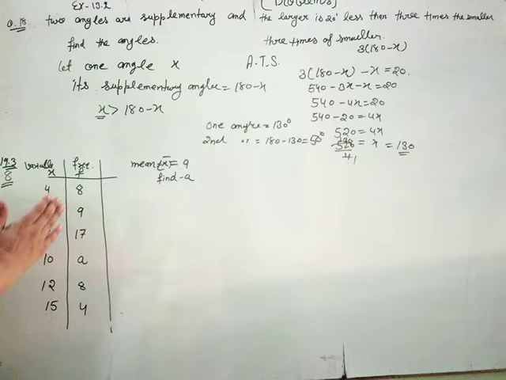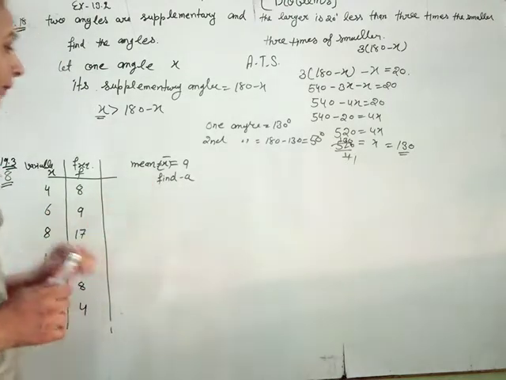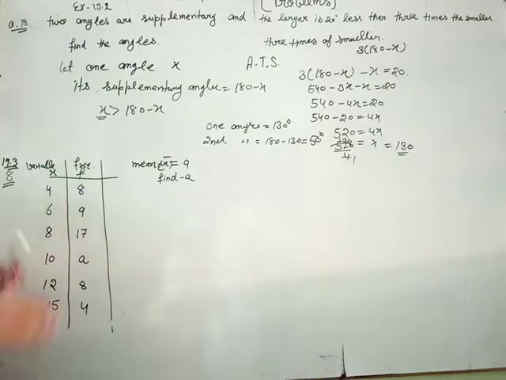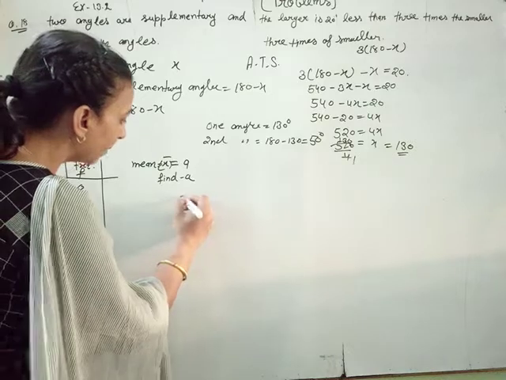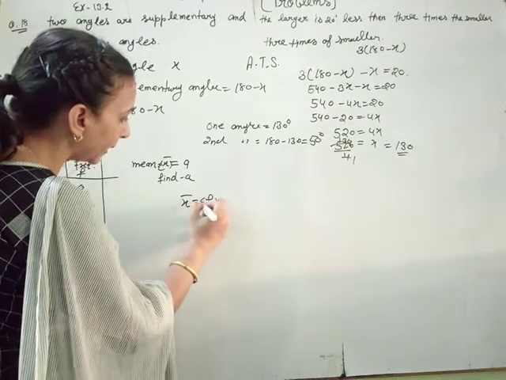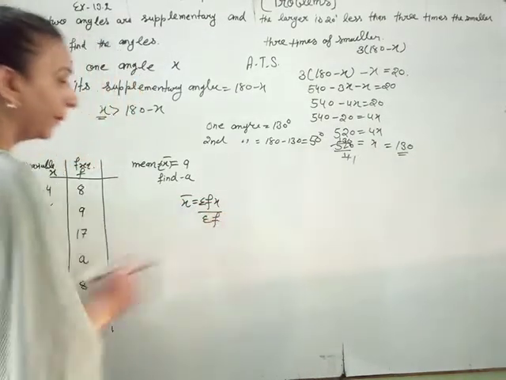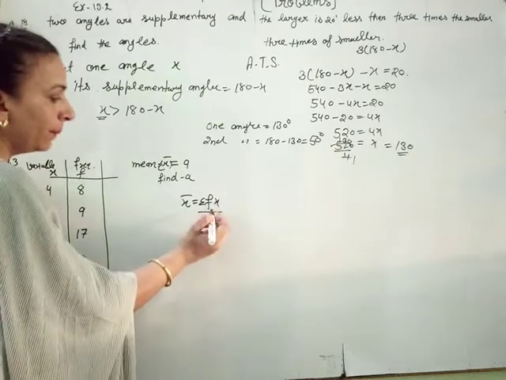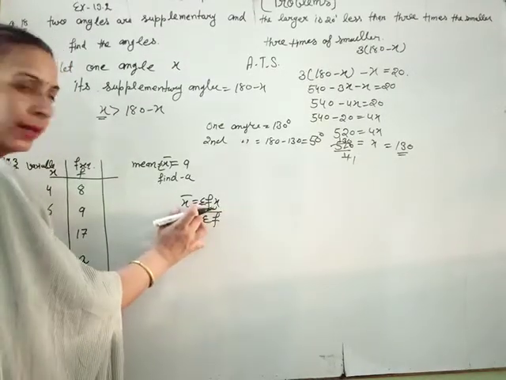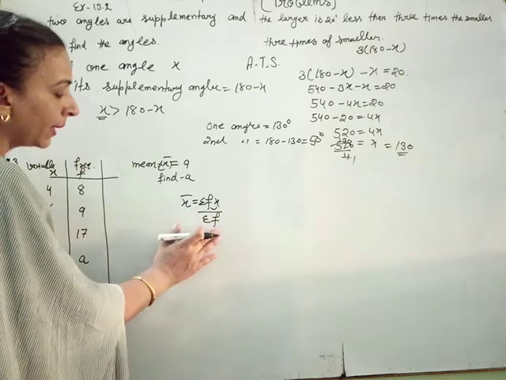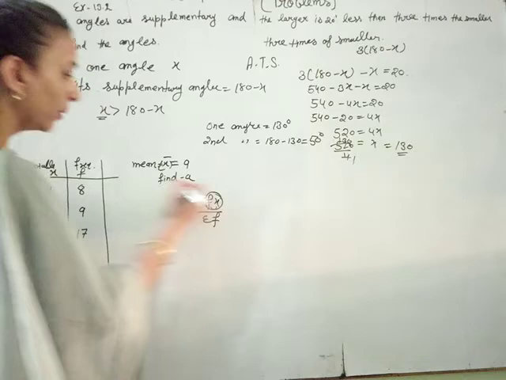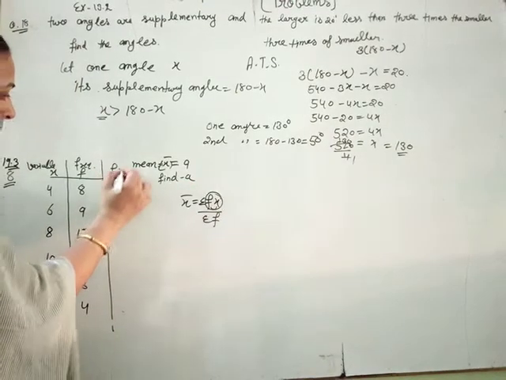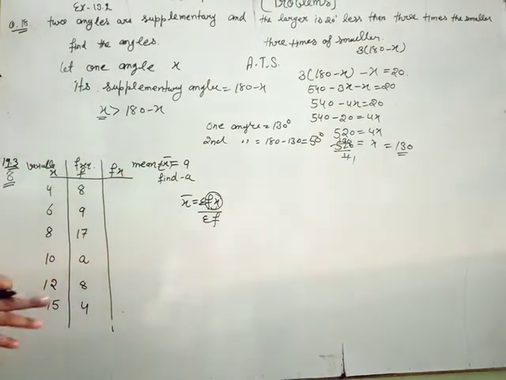Students, for this type of tabulated data, when the variable, frequency and mean are given, we find the value of the unknown. We know the result for the mean: x bar equals summation fx divided by summation f. Summation fx means multiply columns f and x and take the complete sum. Summation f means the sum of all frequencies. First we find the fx column.